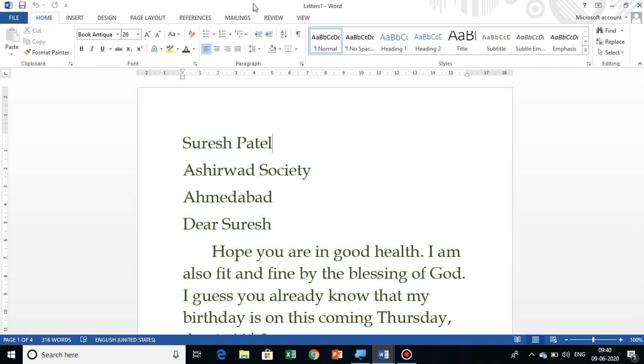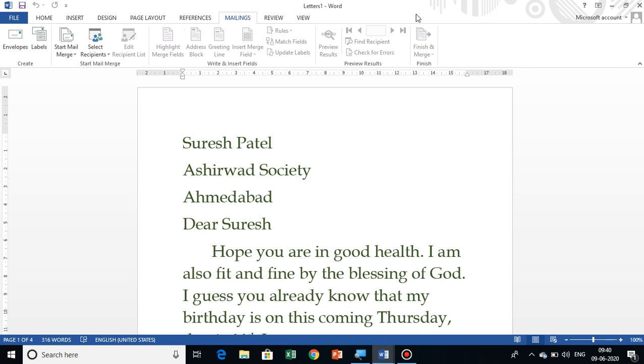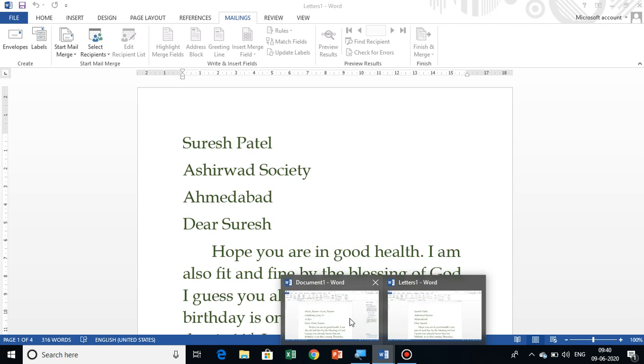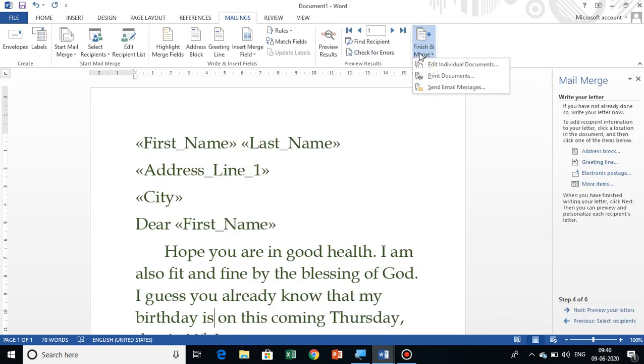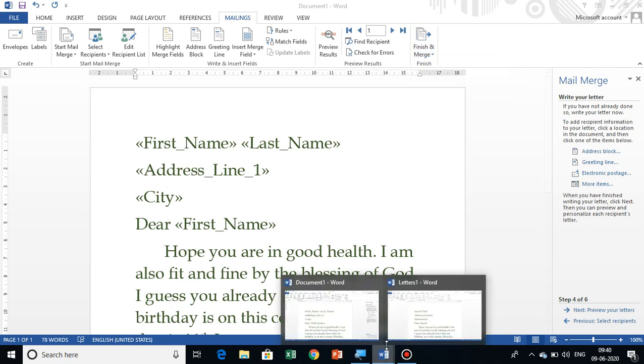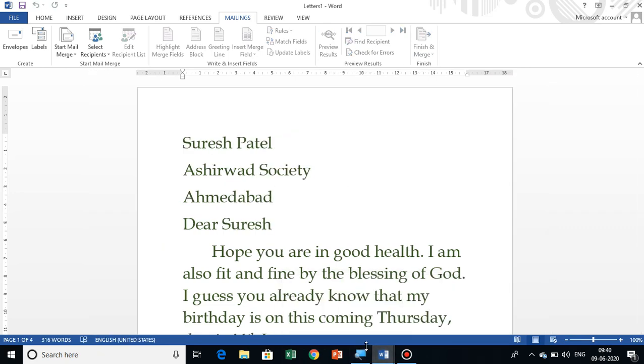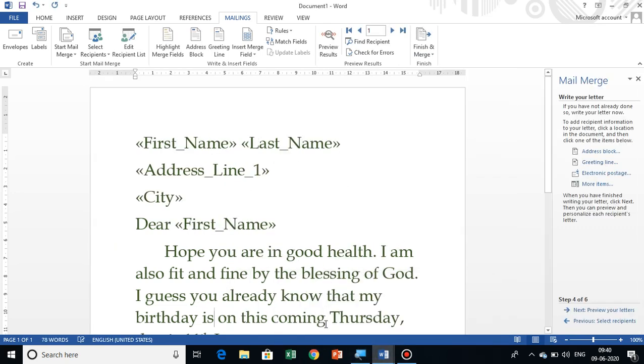Okay, and in the end you can click on the Mailings tab, and then you can also send it directly, like printing documents or sending the mail merge. Suppose when you click on print documents, it comes like this, and it prints on a letter, and you can post it. Or if you want to mail directly, click on the send mail merge, email option, and then this letter is sent to the particular mail addresses. Clear everyone? So this is the mail merge option.